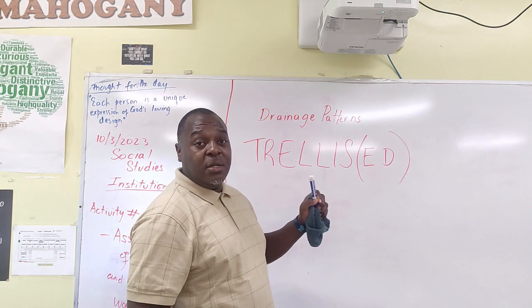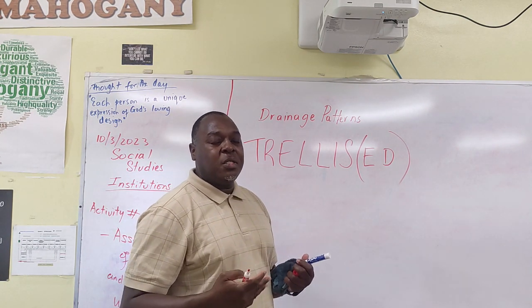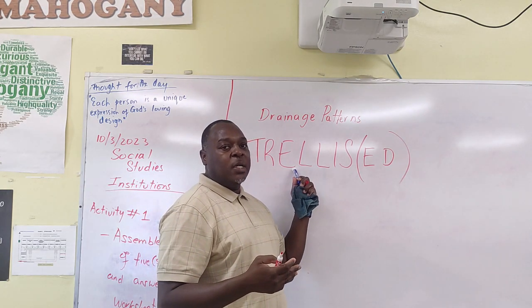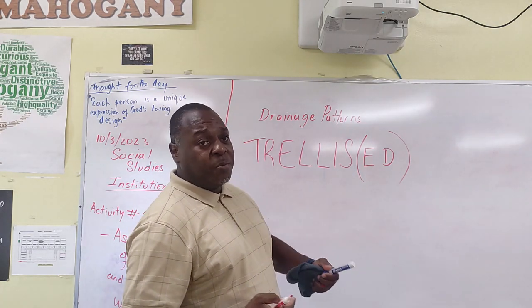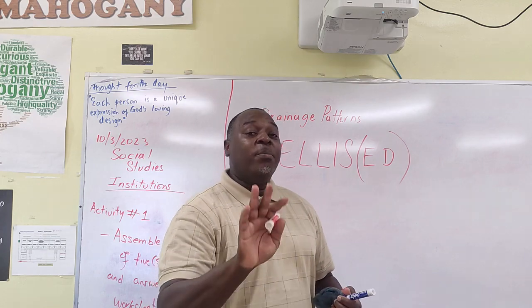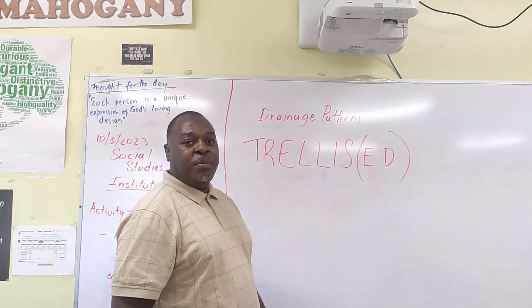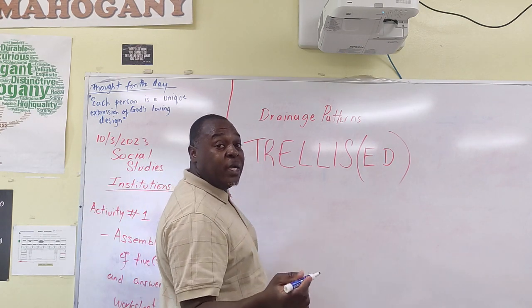I believe CXC, once it sees that you have the concept and you know what you're talking about, they will give you the mark. They will be impressed maybe if you are speaking properly and you say it's a trellised type of drainage pattern. But once you have the concept here, a trellis drainage pattern is an irregular type of